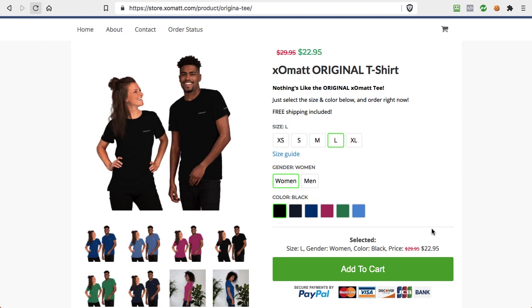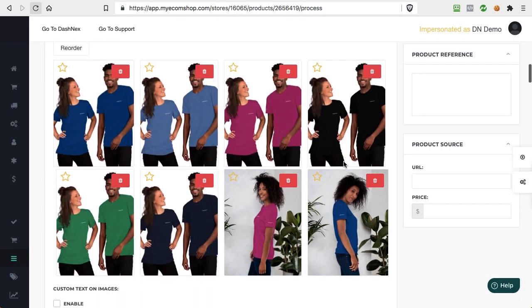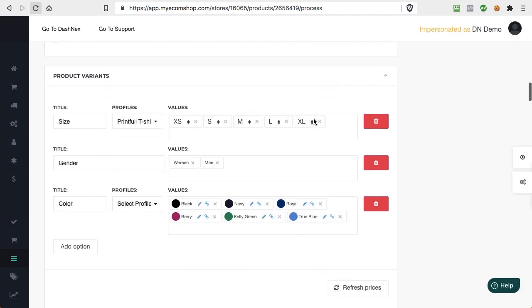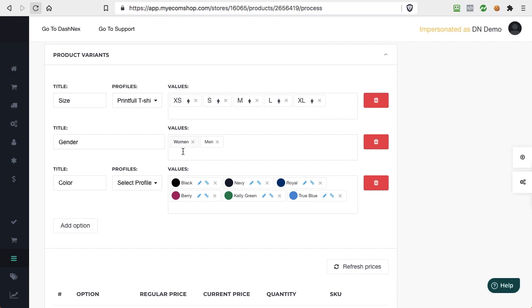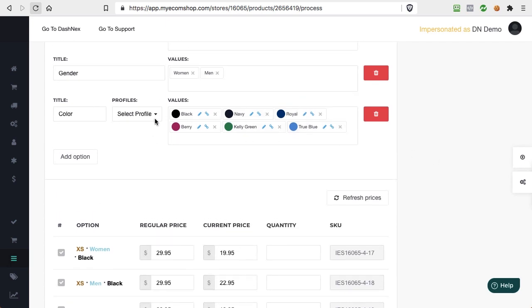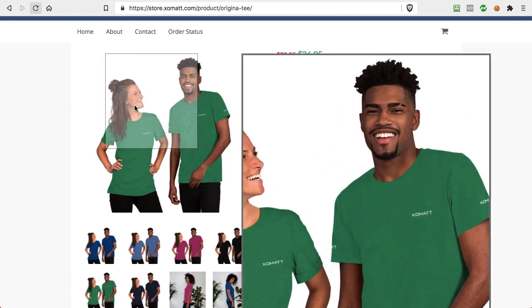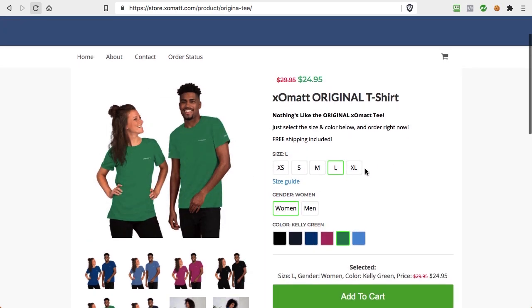And how we do this configuration inside here is we have the special options here where you upload all the images, and then you can set up all of these product variants, and you can easily just link them together with any particular image you want, right? And as you link them together, you can also select different profiles. I don't have any here, but you generally can create color profiles as well. You can link them together, and that's what will give you the option where when you select a color, the actual product image changes and shows a particular color.